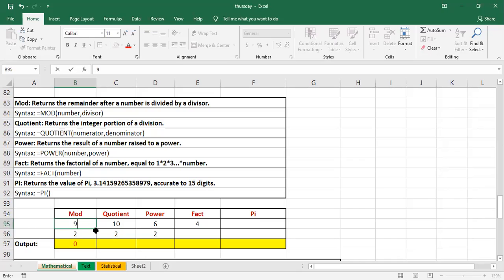9 divided by 2. So 9, see, we don't have 9 in 0. Do we have 9? No, I should not give a float value. See, it's like 2 4s are 8, right? So